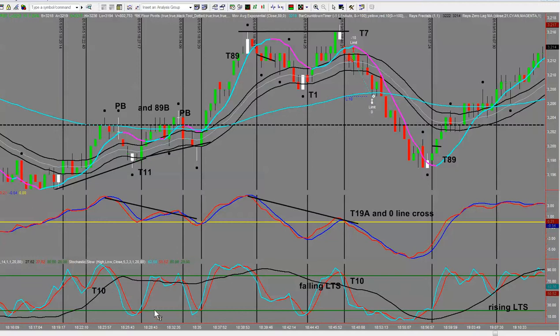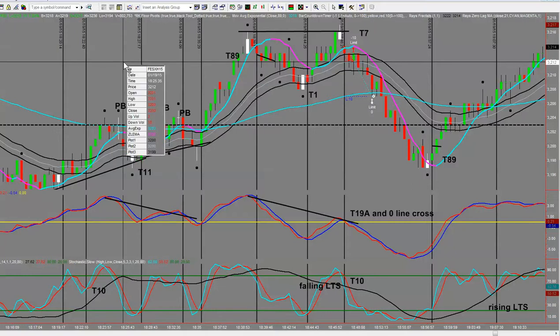We then have a slingshot, which is a T2 down here, which coincides with a paint bar plot. You can see here we've got our paint bars plotted. We have here a higher low, which makes it a T11, a highly accurate trade that we love. And you also got a pivot bounce. Now, quite frankly,